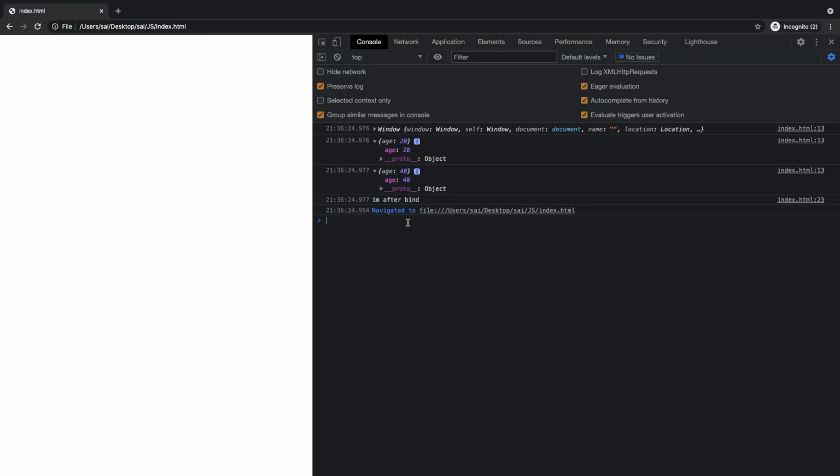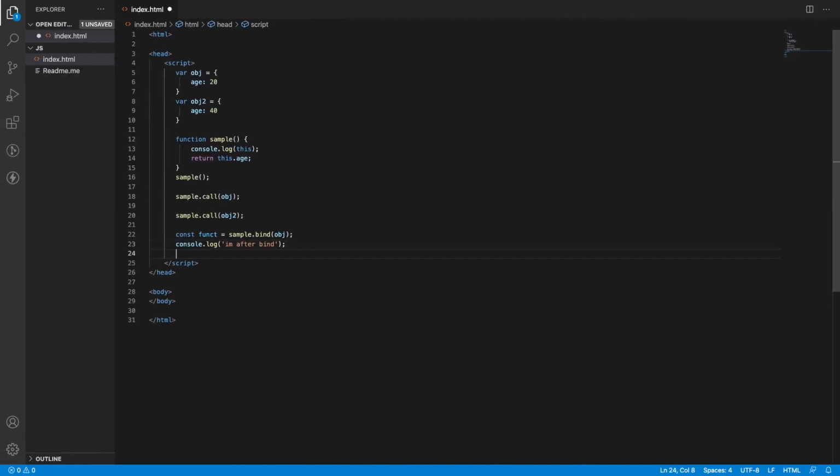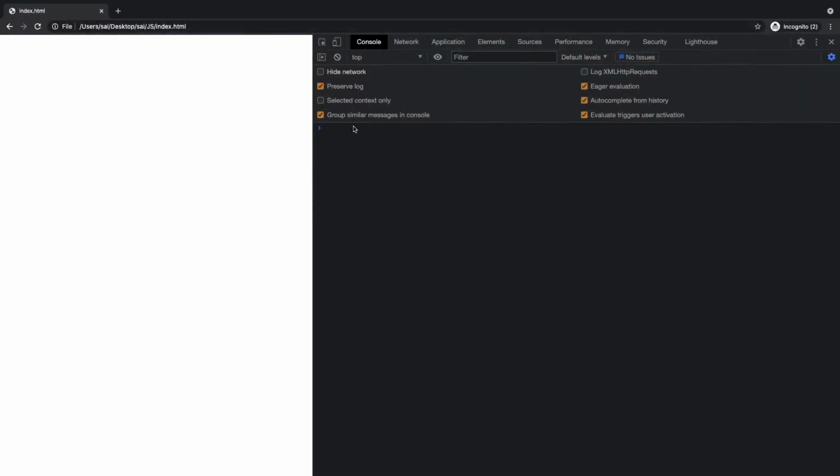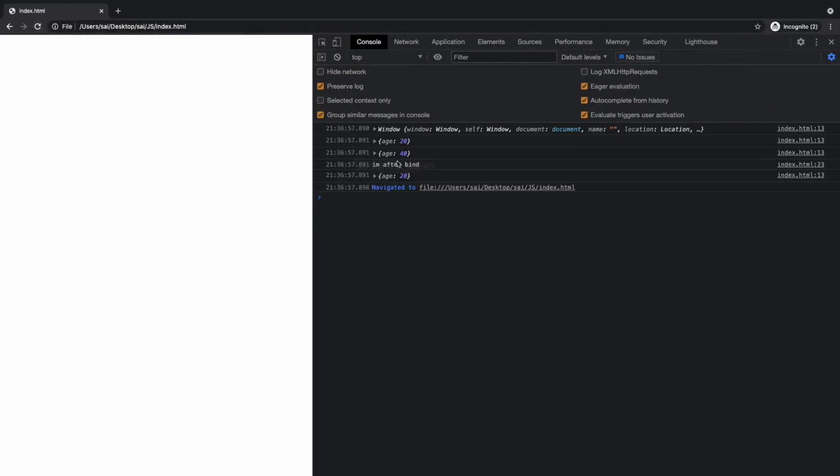We have to externally make a call to that function. Let me go back and let me call the function which is bound already. Save it, go back, reload the application. So this is my call, this is my call with object 2, and after that I have printed the bind. Even after some time I called the bind method, which is bound before the bind statement.